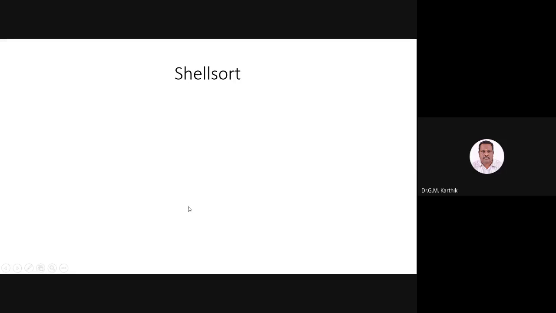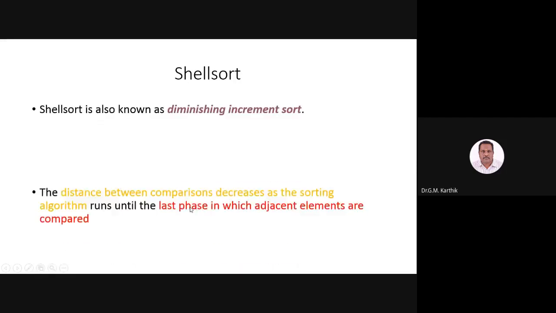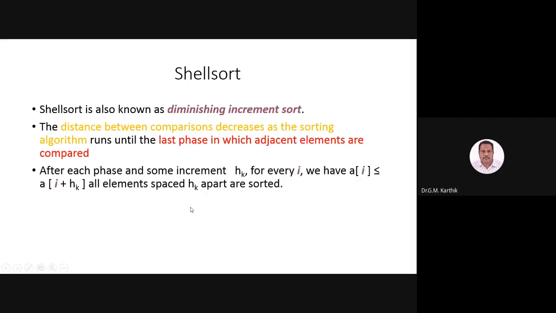So the next is going to be shell sort. It is called a diminishing incremental sort. It's totally different from what we have seen already. We say shell sort is an advanced sorting technique. Why? Because the number of comparisons we are making will get reduced in total. The distance between the comparisons, that is, instead of comparing with each and every element, there will be a comparison between some elements stage by stage. So in the last phase you will be comparing with the adjacent elements and you will get your sorted list. When you see an example, you will understand how shell sort is performed.